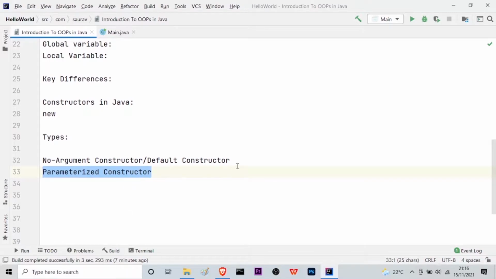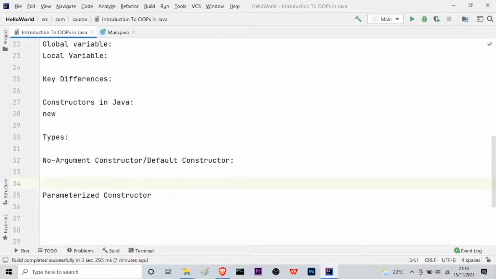Let us move on to the first one according to the definition. What is a default constructor or no argument constructor? As the name suggests, a constructor which has no parameters is known as a default constructor. You understood, right?